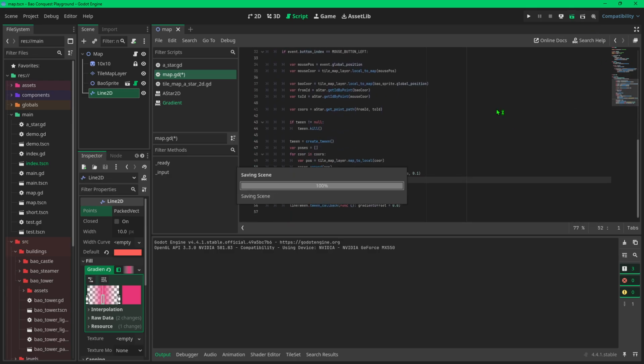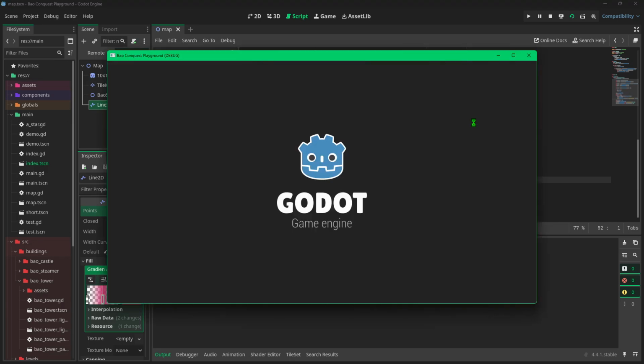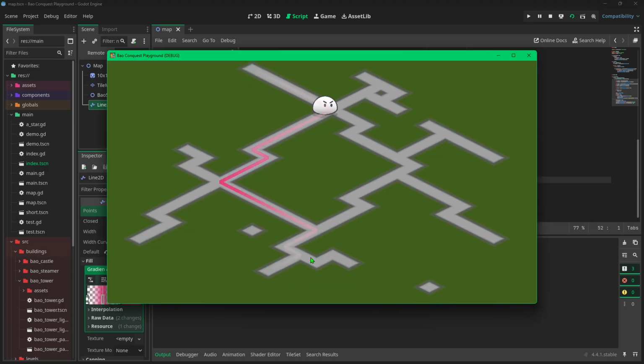So let's see. I'll click again. Now click here. So the line moves here and after the tween completes it moves to 0 again. So it looks like this.